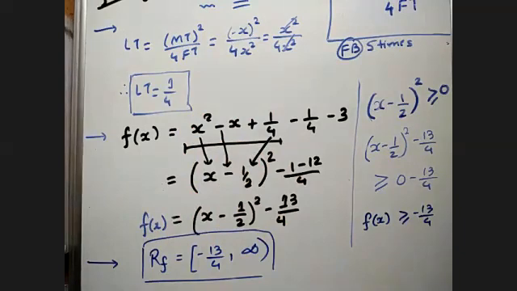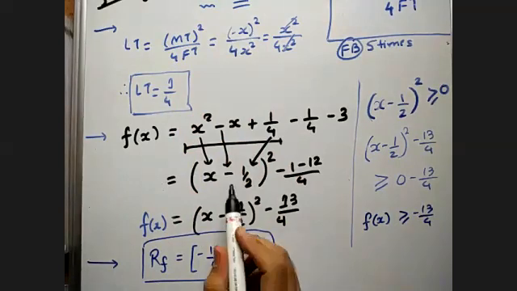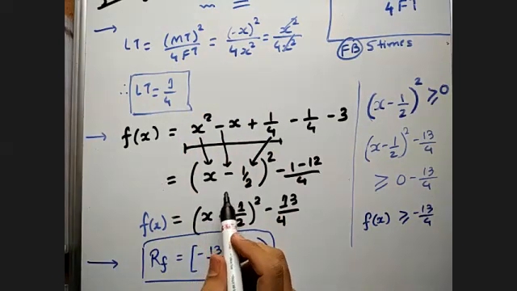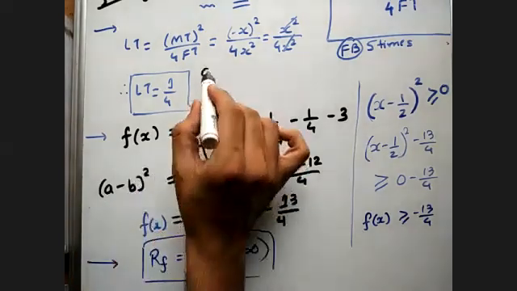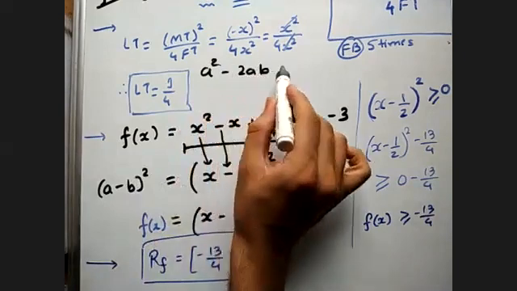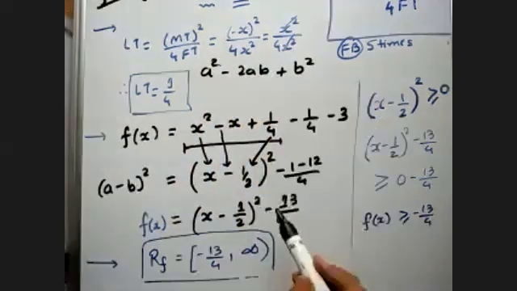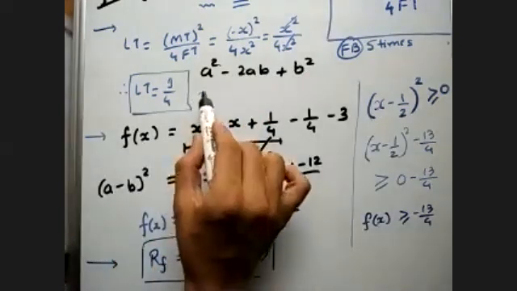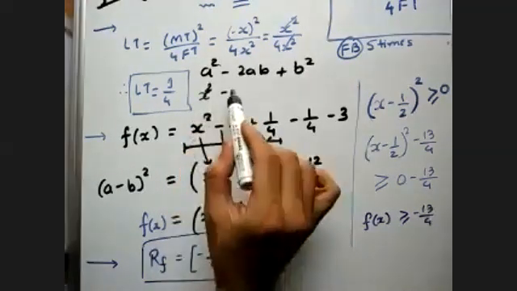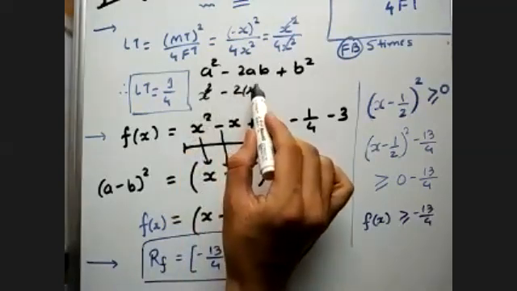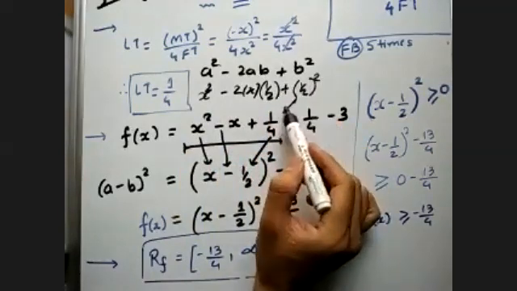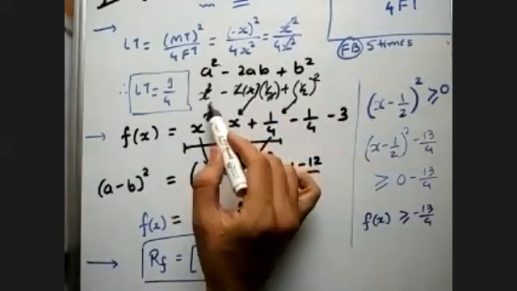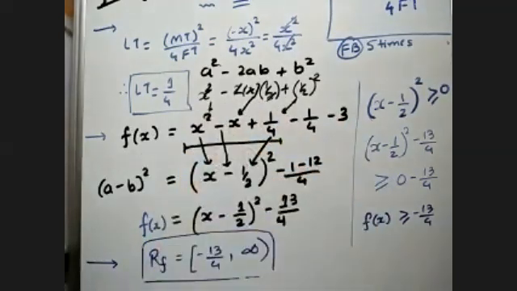So here, first of all, we know that if I simplify this, that is (x minus half) whole square, right? So it is (a minus b) whole square. Its simplification will be a square minus 2ab plus b square. Now here my a square is x square, minus 2 times my first term is x, my last term is half, plus half square. Now half square is 1 by 4. This 2 will get cancelled out, minus x and x square. So moral of the story is, if I expand this, I will get this.